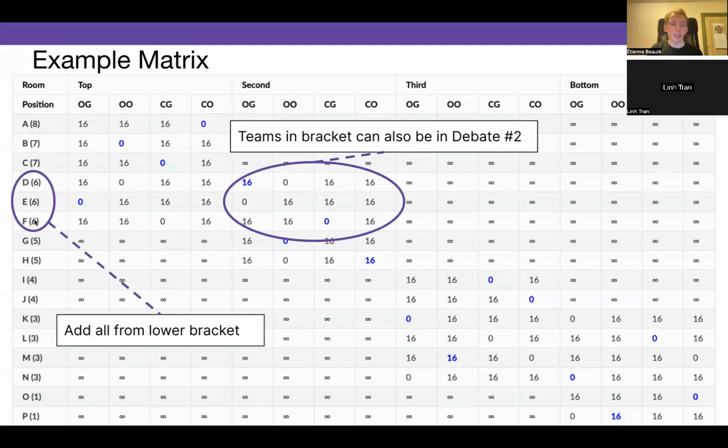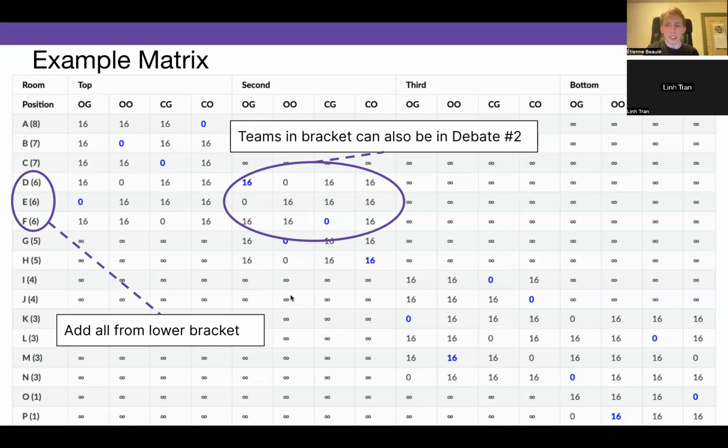And here we see we have these three teams that we have added, and then we can put them in either the top or the second room. And here you can see that we have 1, 2, 3, 4, 5 teams, but we know that one of them will have to be in the top room, so we are good here and we can just continue on.